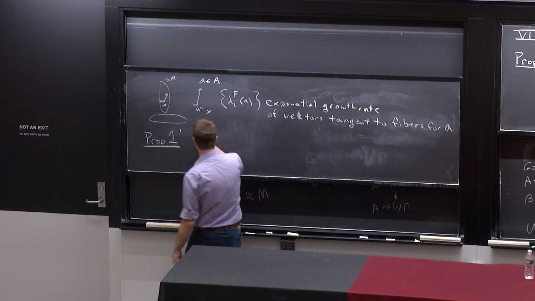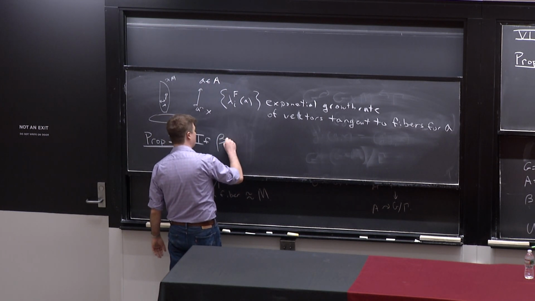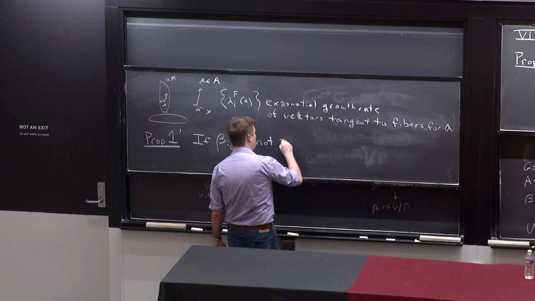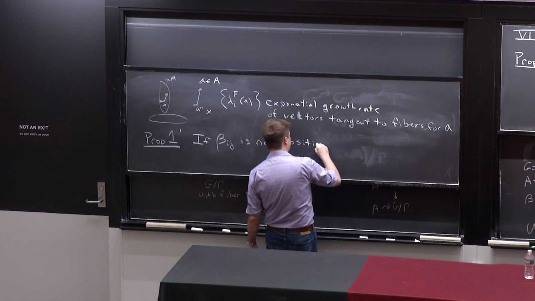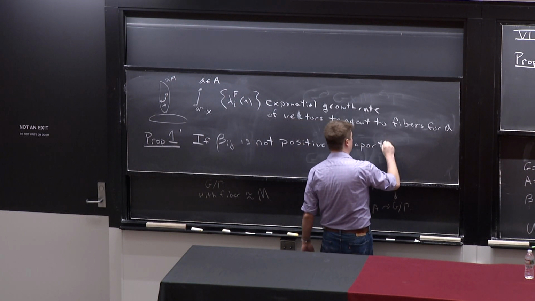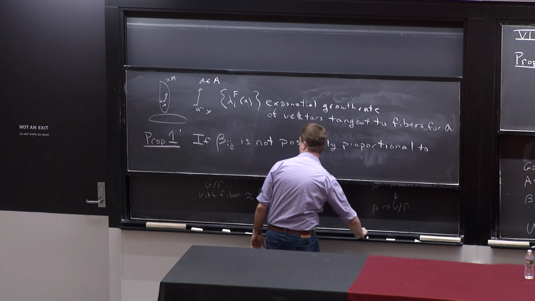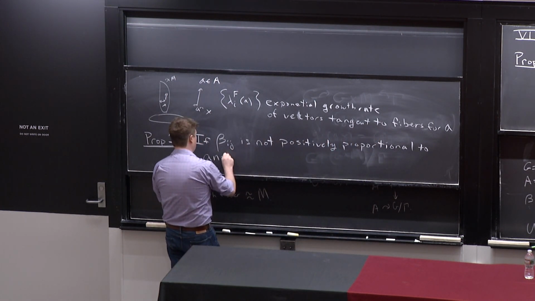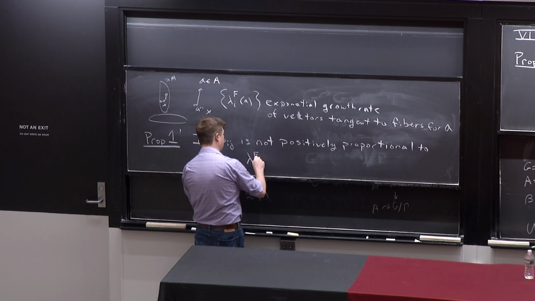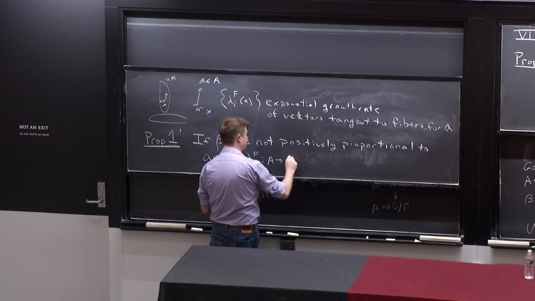So if we take a root, beta ij, that is not positively proportional to any of the dynamically defined linear functionals,